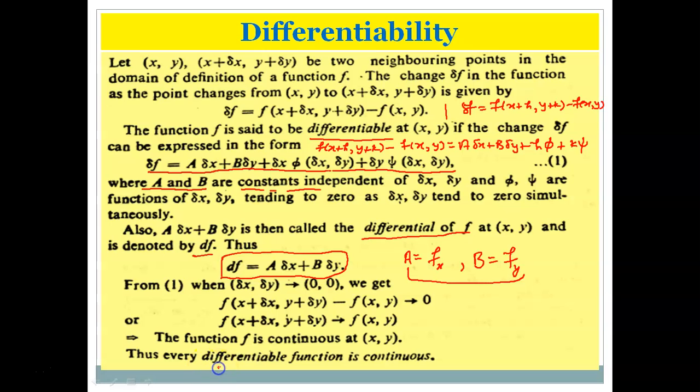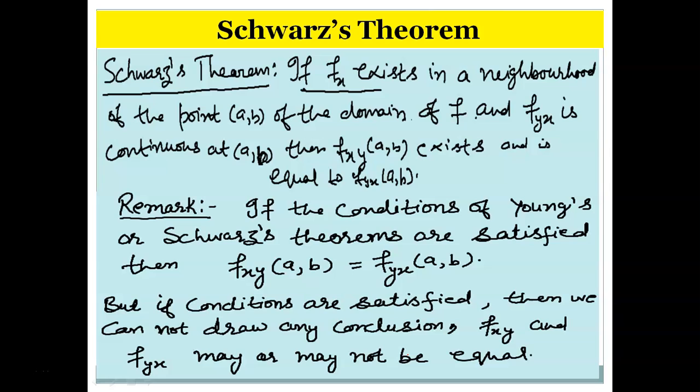Thus every differentiable function is continuous. This is also there. So now we are coming to the definition of Schwarz theorem. The statement of the Schwarz theorem: if this f subscript x exists, means the partial derivative of